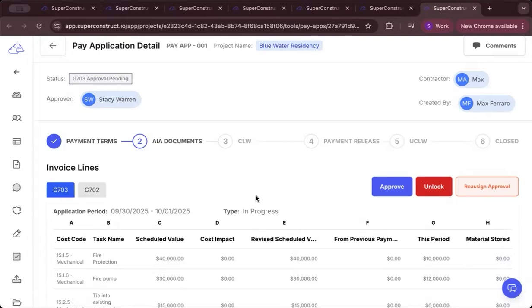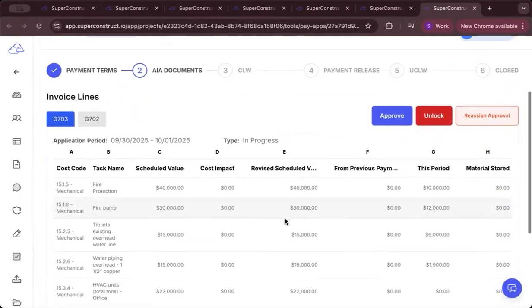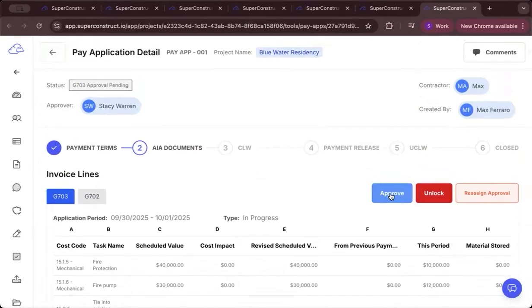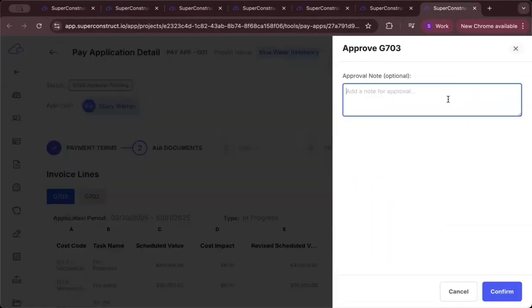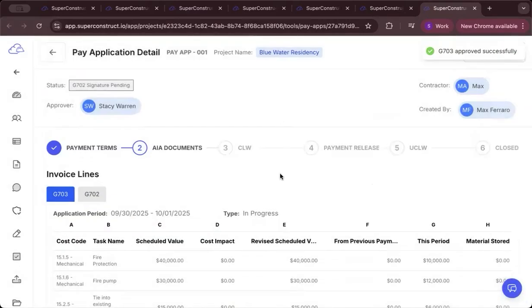Now, if we are happy with the values, we can approve it, or we can again unlock the pay application. In this case, let's say that we are happy with the values because the contractor has reduced his values in all the subdivisions. Let's go ahead and approve the G702. Let's say approved and click on confirm. Now we can see that the status has changed to signature pending. That means the